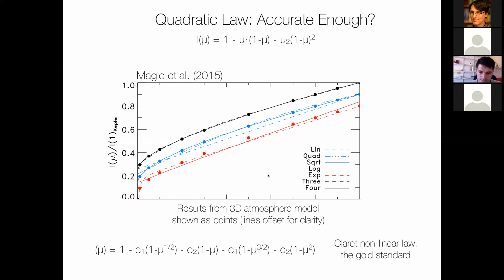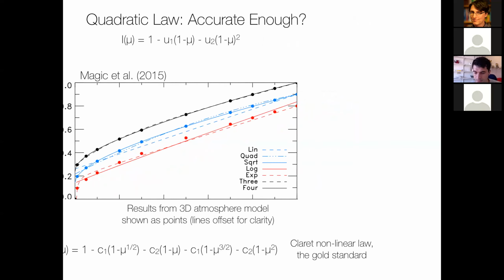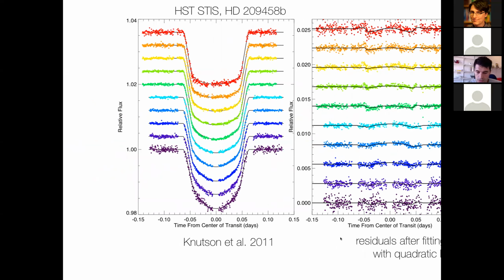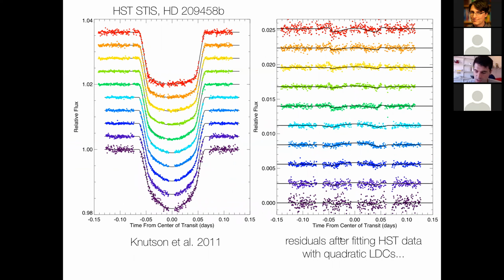So this 4-parameter law was proposed by Claret, and it's kind of the gold standard. It's the most accurate law that we have for describing this. It always passes the tests pretty much from atmosphere models. It's also true, not from an atmosphere perspective, but from a data perspective, that the quadratic law is not always good